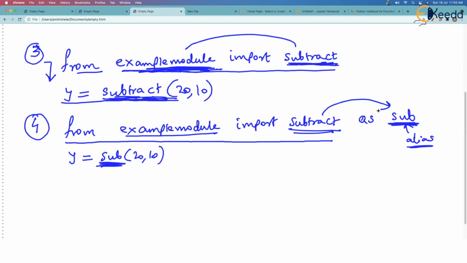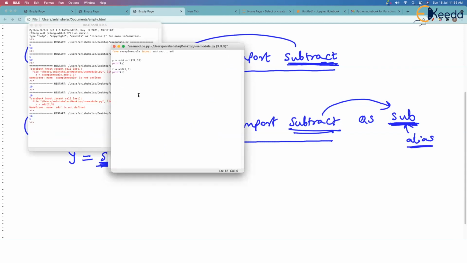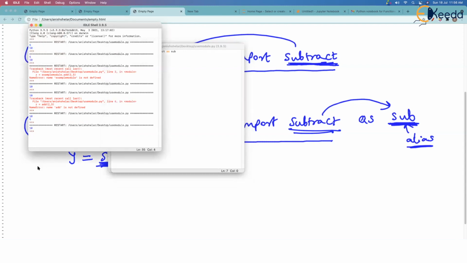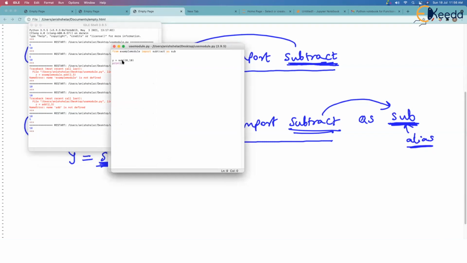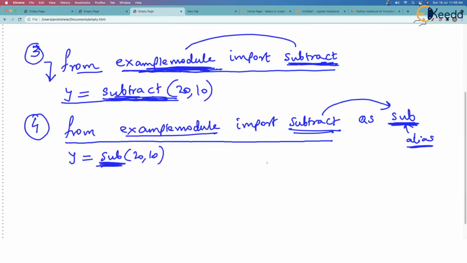So what if I go back to the Python code in Python IDLE? Okay. And what if I'm just importing subtract. I'm not importing both. Okay. And I say as sub. So now I will be able to call the function with a shorter name, sub. This will run the same subtract function as I said. If I save this and if I run it, it is going to print 10, which is nothing but 20 minus 10. So these are the four grammars which you will see most of the time as the first line.